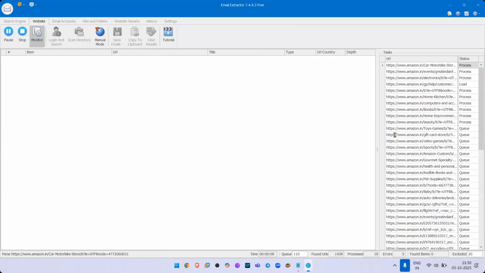Now, on the right hand side, you can see the task processing going on. And on the left hand side, in a few minutes, you will have the details populating. Since Amazon is a very big website with too many parameters, it's going to take some time. Try this out. It may fail also. It might not give you even a single email address. There's a 40% success ratio, but that's not bad. Try this out. Give me a 1 in the chat box when you're done.